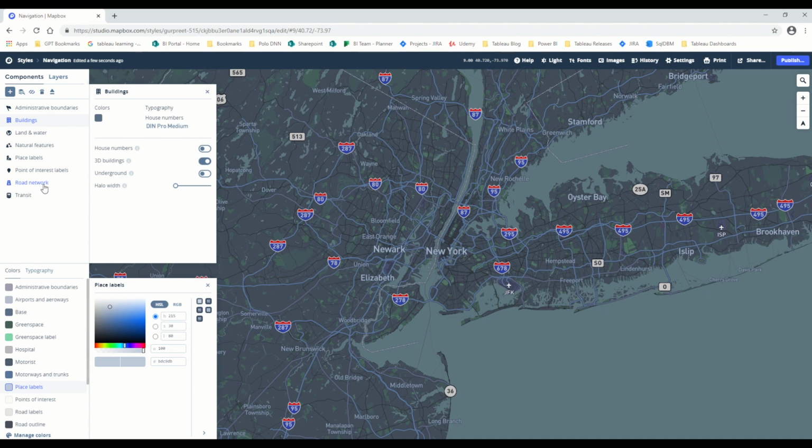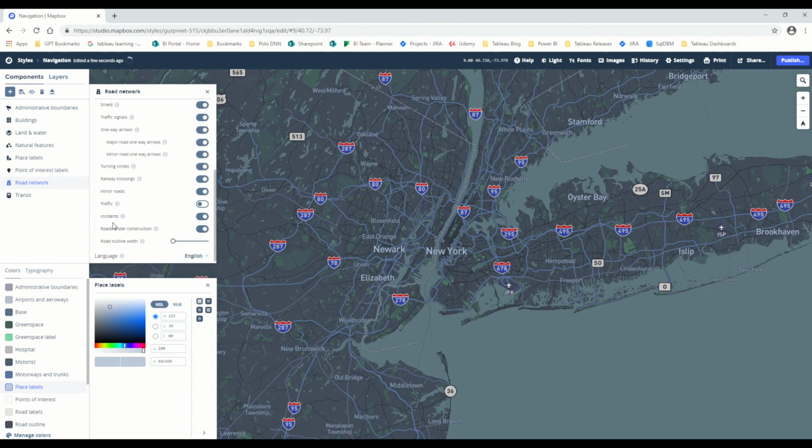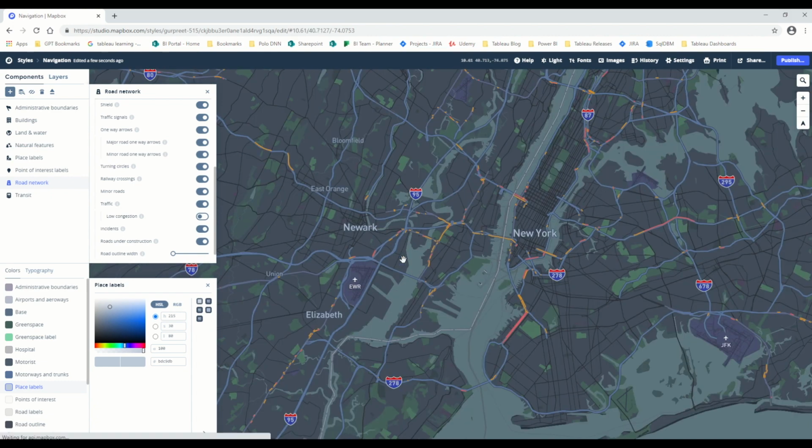Another interesting one is in the road network, where you can actually show traffic signals on maps, and also show the live traffic. It updates the traffic continuously. So if I click on this one, it will update the traffic, and it's currently working on it. Once it's updated the traffic, you can see here, and if I zoom in a little bit,